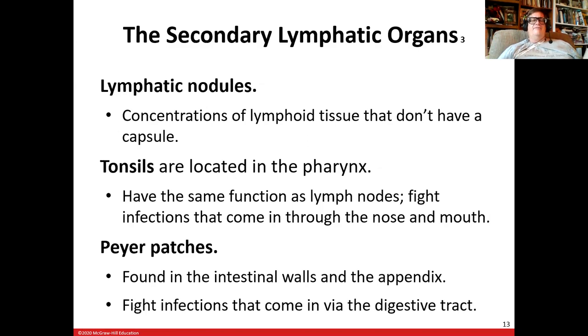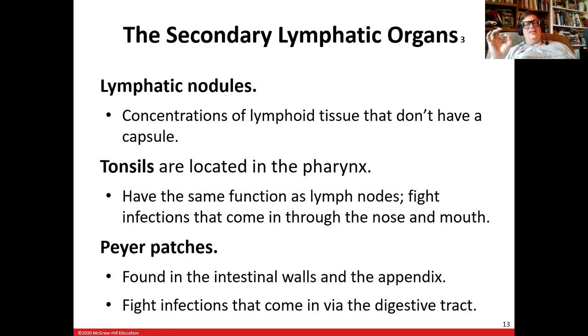When you have things come in through your nose or your mouth, and they need to be attacked and controlled, they're your macrophages. They're your lymphocytes. They're your white blood cells. Now, the walls of the intestines and the appendix have Peyer's patches. Those are like tiny lymph nodes that are spread through the whole organ, and those fight infections that come in if you eat something